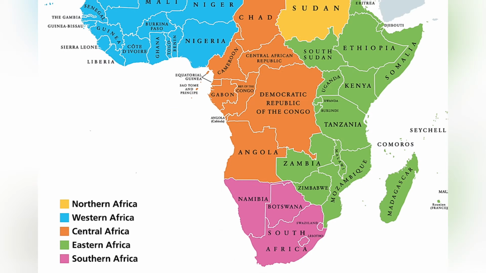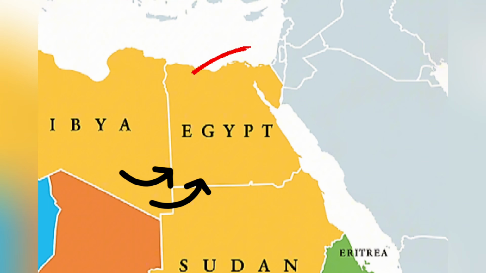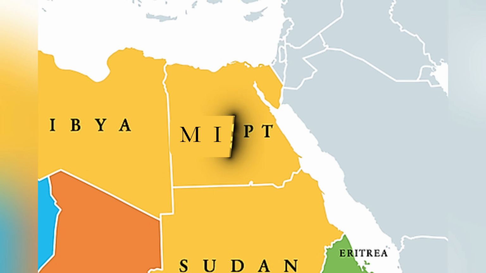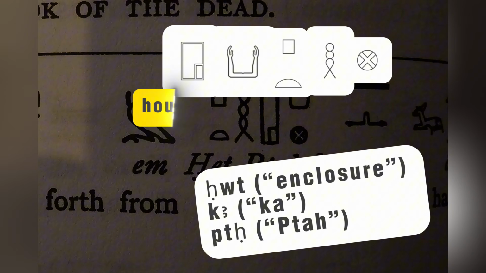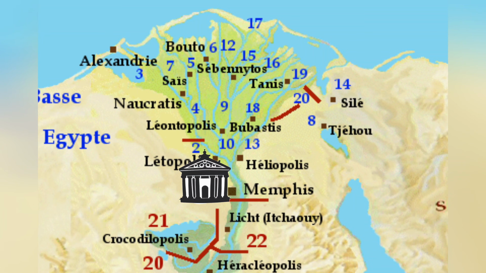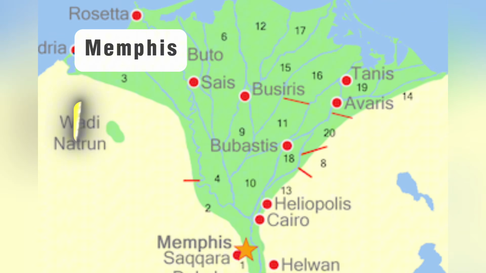The modern nomenclature of African nations was almost wholly imposed by Europe after the 1884 Berlin Conference. The name Egypt itself was reserved for the region of Northeast Africa, which has been known by many names such as Kemet, Mizraim and Misa previously. The name Egypt is believed to have come from the native name Het Ka-Ptah or Het Kip-Ptah, which roughly translates to House of the Spirit of Ptah, and referred to a temple in the ancient capital city of Memphis in Lower Egypt.